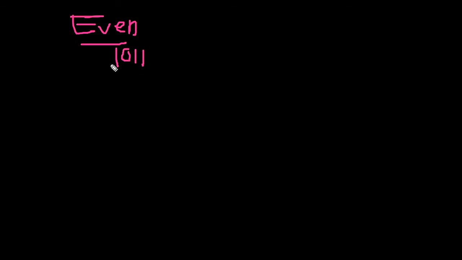In the even parity check method, the count of ones should be even. Data transmitted, say, 1011. Now how many ones are here? 3. The number of ones here is odd. We want to make the parity even, so 1 extra needs to be appended here. So this is our transmitted data.